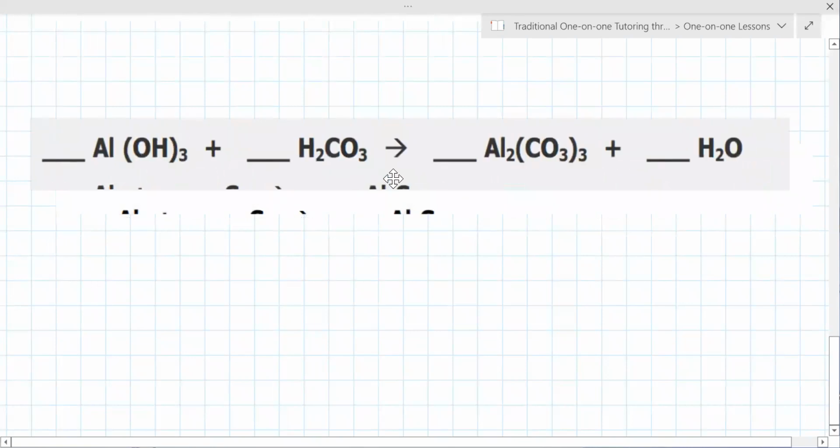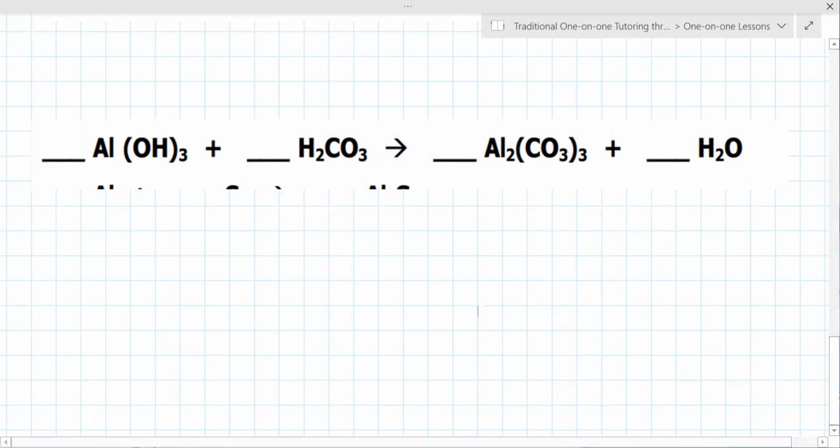All right. So this one's a little more sophisticated. There's 2 aluminums, so add a 2 in front of the first one. When you do that, I immediately go to the one that also is modified and decide how that impacts things on the right. Then that makes 3 of the